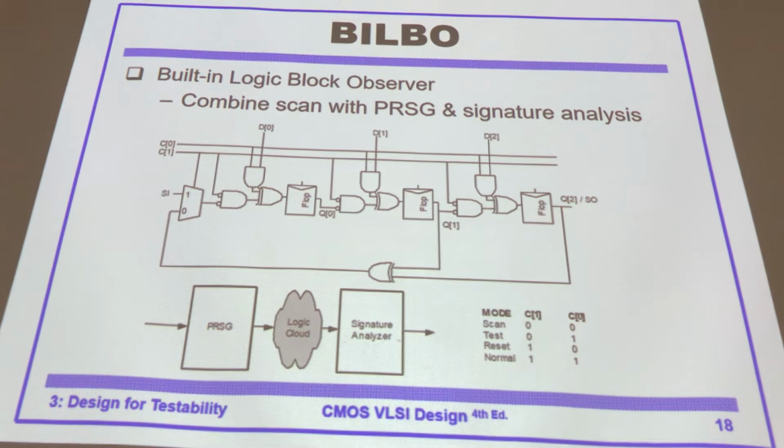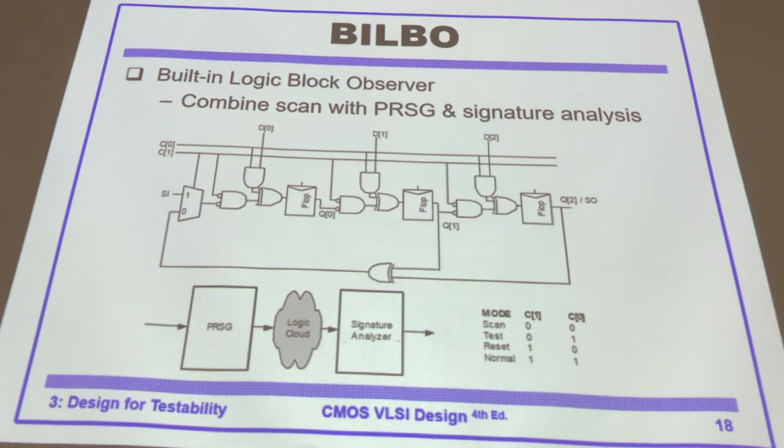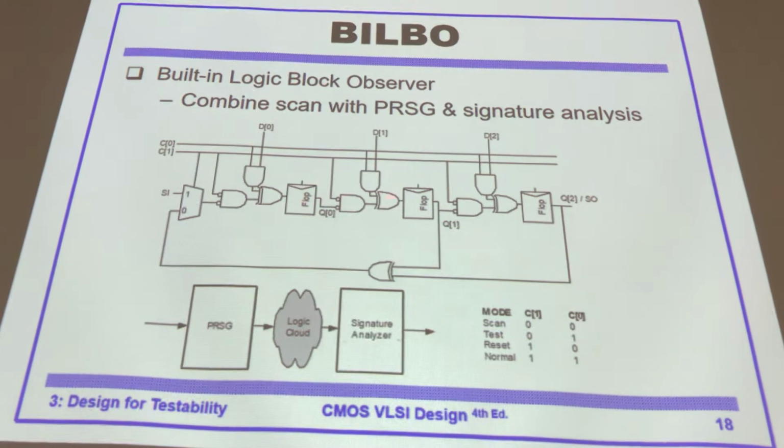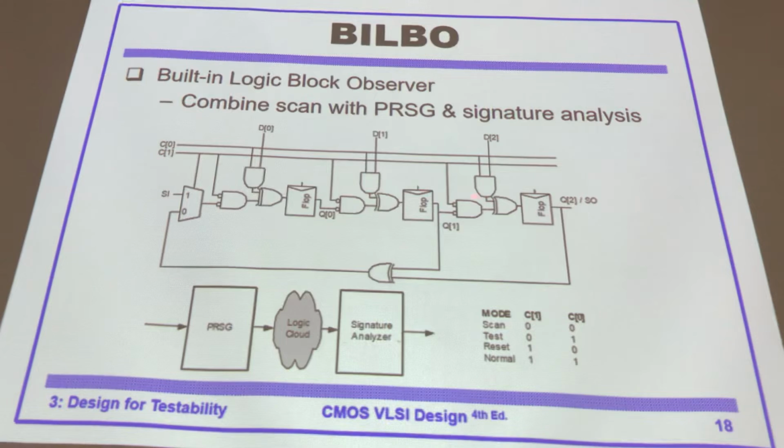So this kind of circuit can have different modes: a scan mode, test mode, reset mode, or normal mode. And I'm not going to get into the detail of the design of the circuit, but just give you the idea. The data input is coming from the top, and serial C1 sets the mode. Okay. And running in PRSG. This can be a PRSG